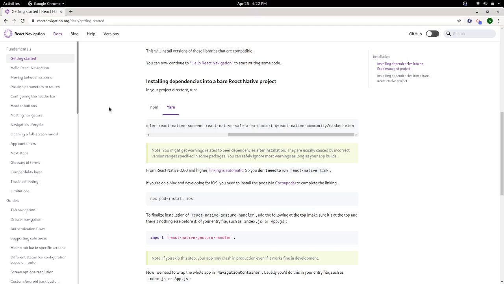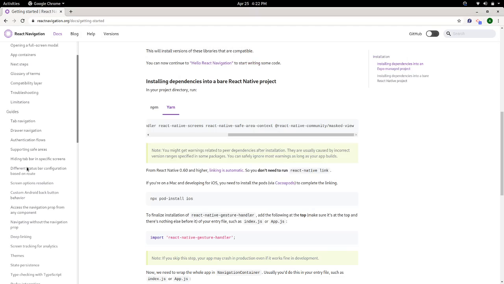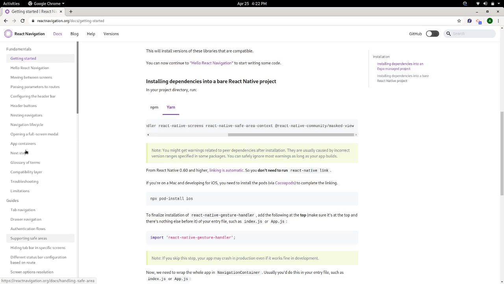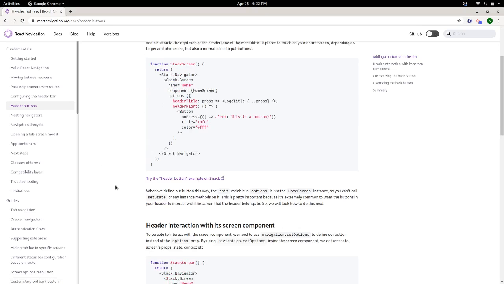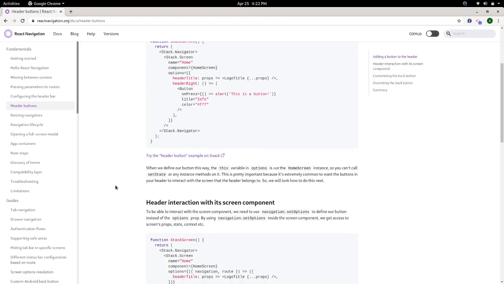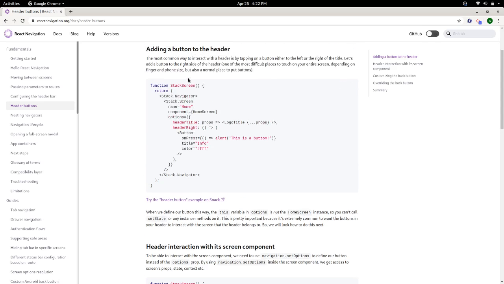In the React Navigation documentation you can go through topics like how tabs work and how drawers work. Those are advanced features, and for the simple features we use header buttons. To implement buttons in the header we can use headerRight and headerLeft as well as headerTitle, which customize the headers in React Navigation.